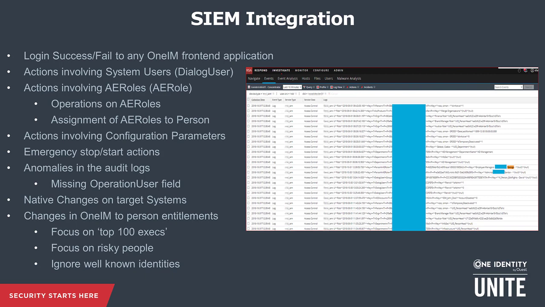And above all, one of the things when you sit down to integrate these SIEM systems is that you can get a lot of information from Identity Manager, but some of the well-known identities perhaps we want to ignore, right? Because let's hope they're trusted identities and we have other ways to govern them. For example, we'll be watching if any of their access has been changed. So we may well need to filter some of these events coming from Identity Manager. So these are just examples of the kinds of things we've done with SIEM.